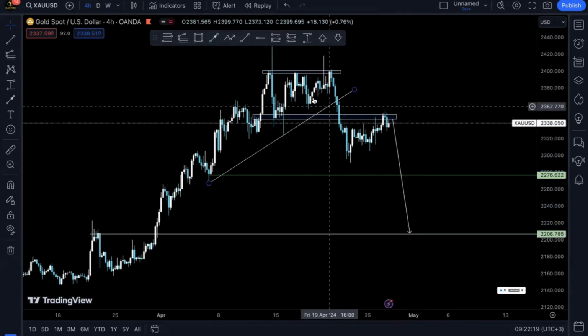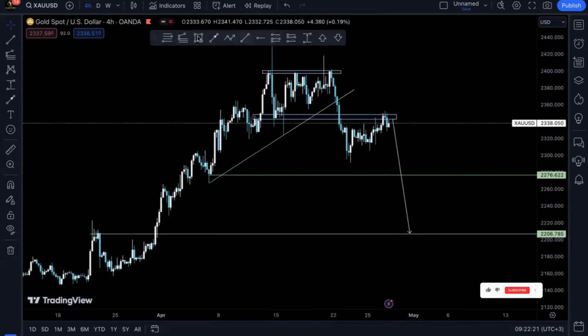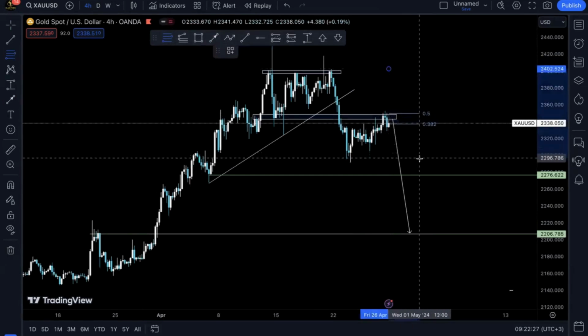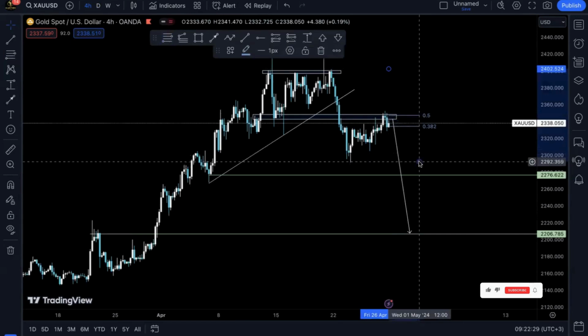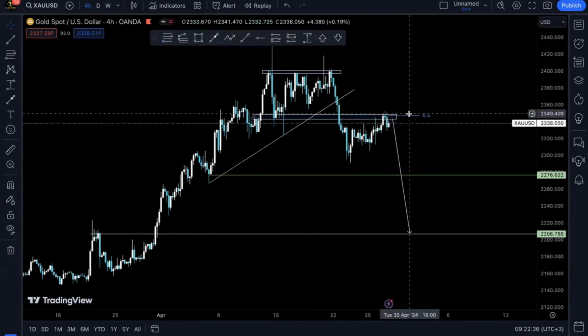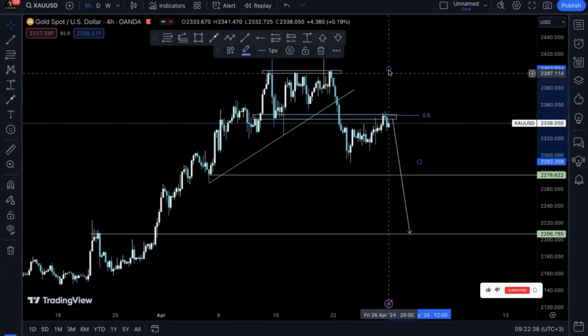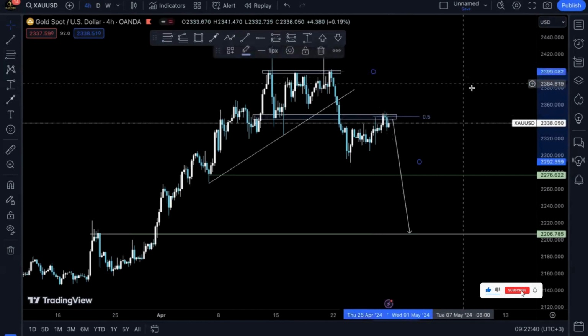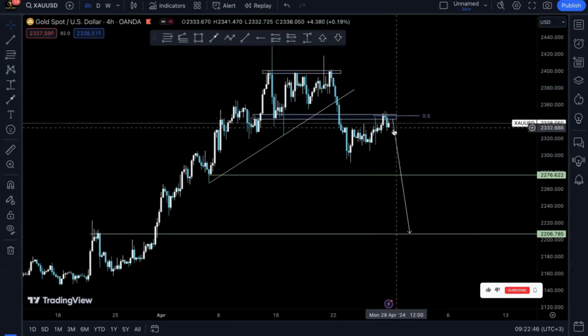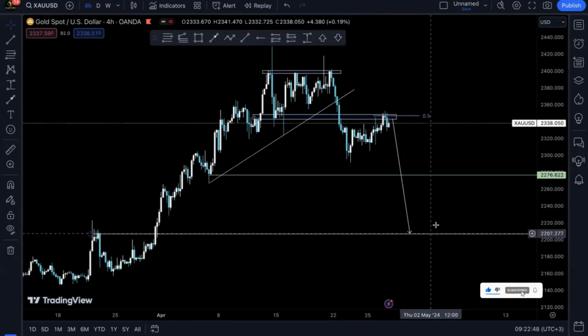That's just my view. So we can actually add on a Fibonacci and see how it correlates to this. You can see it actually resonates with the 0.5 Fibonacci key level. So yeah, that's my view of gold. That's what I'm anticipating to see happen on this gold setup, is for prices to sell until somewhere down here